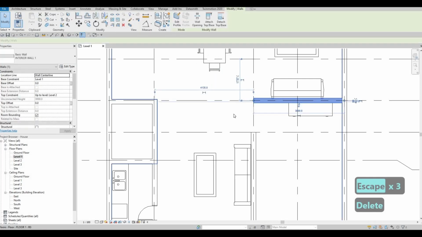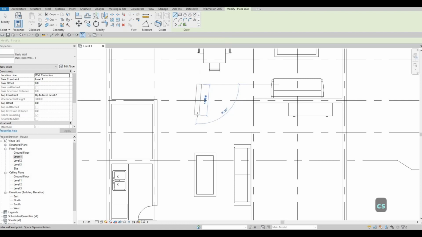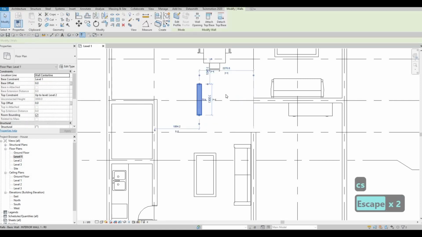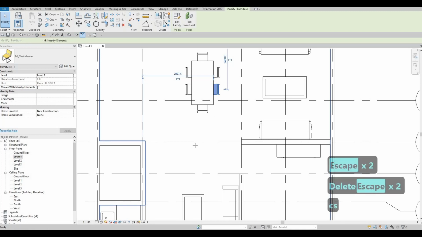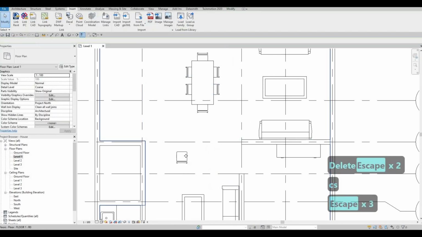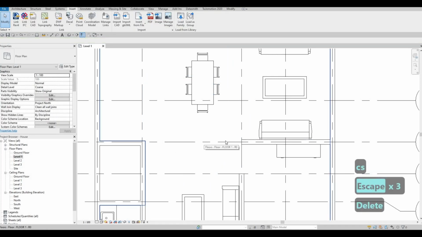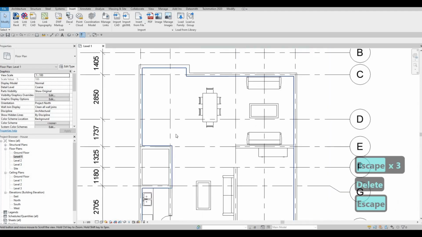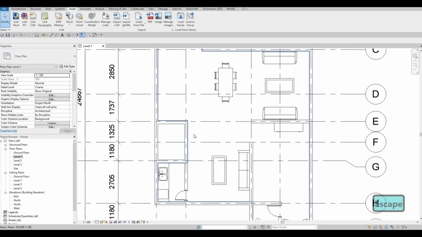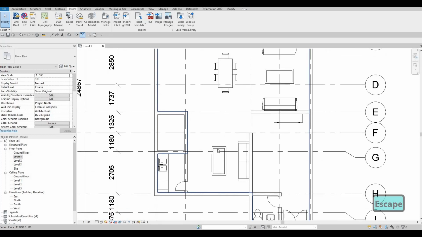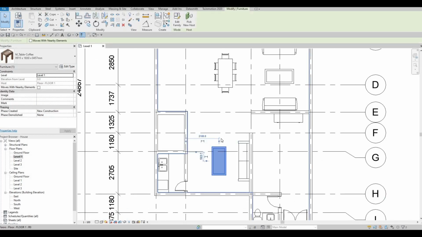It could go to walls as well, so interior wall, CS on that. You can add interior wall right here, and even furniture. For example, here, select that, CS. So create similar, CS, is a fast way of adding stuff that you already added. So you want to make sure that you utilize that, and you'll be able to add